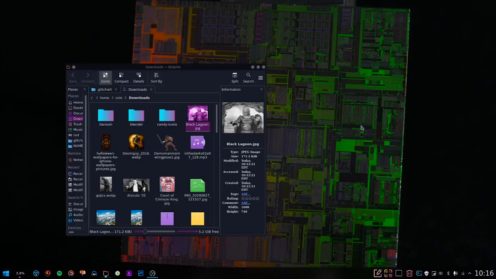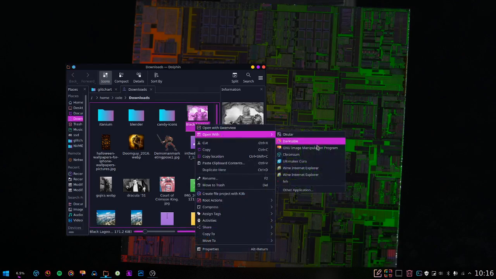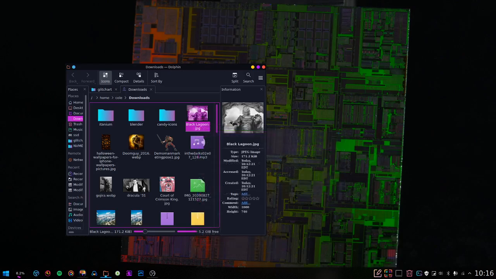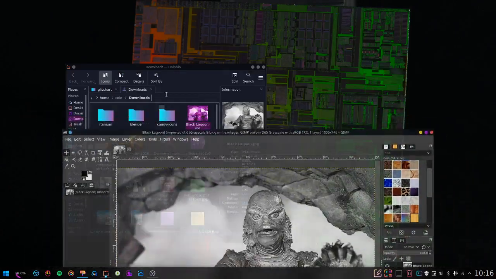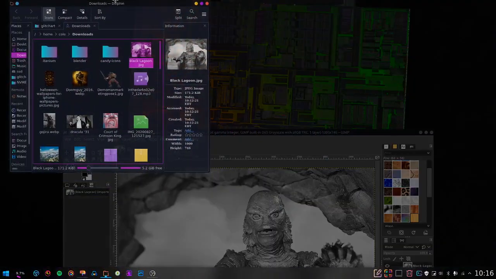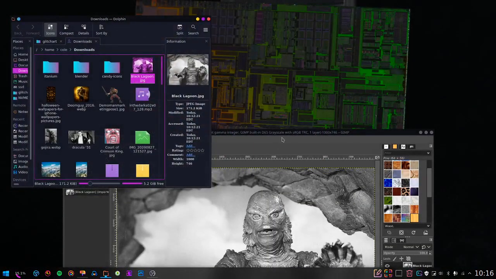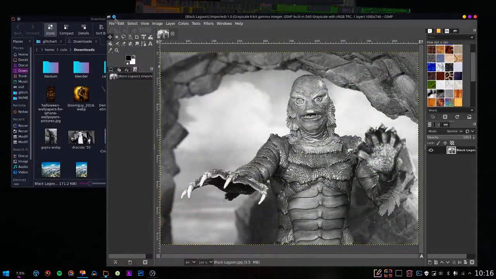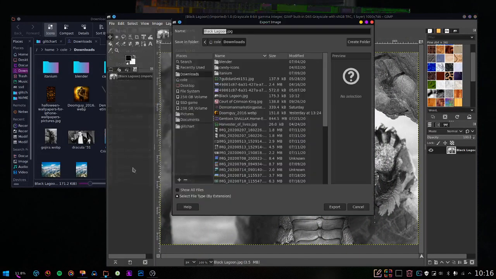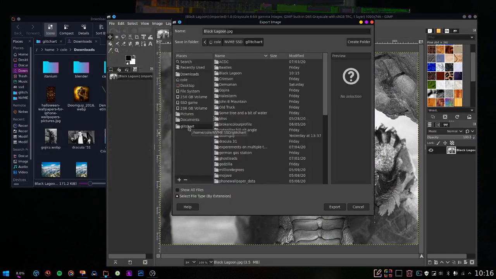Alright, so I'm going to show you how to make a glitch art in Audacity. So you'll want to take an image that you've downloaded or already got saved somehow, and open it in a photo editor. Because the extension is .jpeg or whatever, it doesn't really matter at this point. You just want to open it and do file, export as, and then save it wherever you're going to save it for this particular